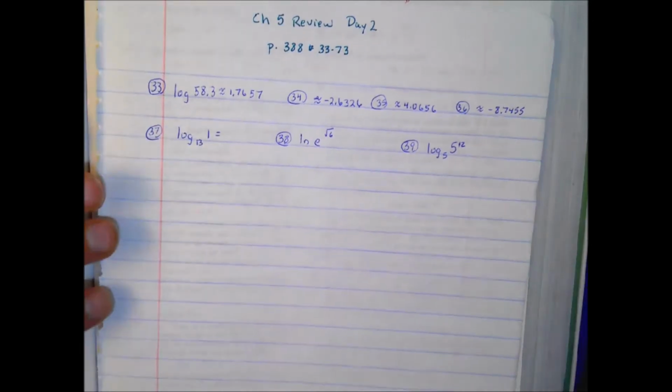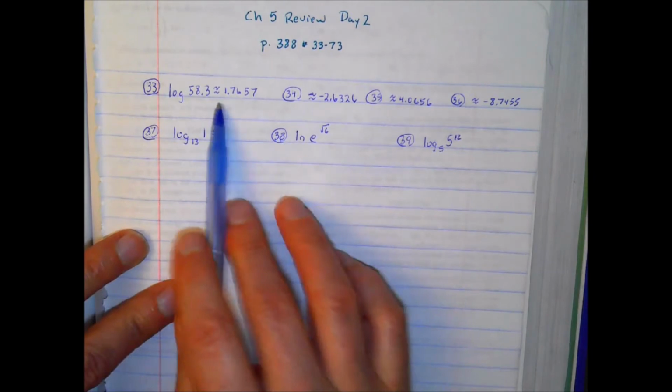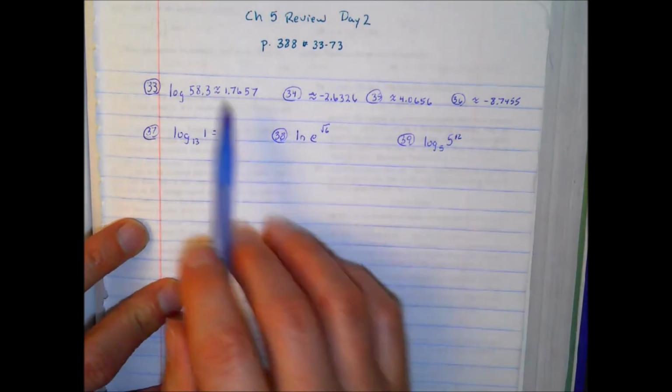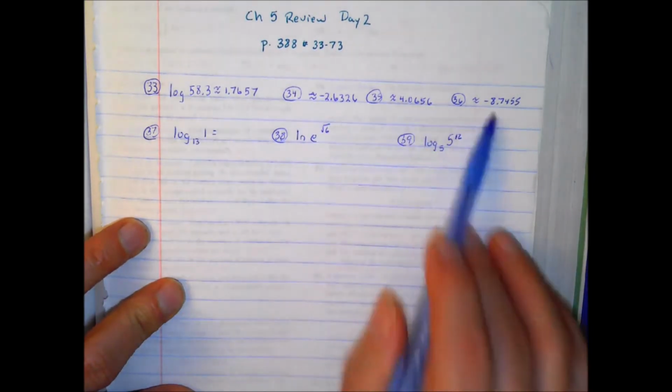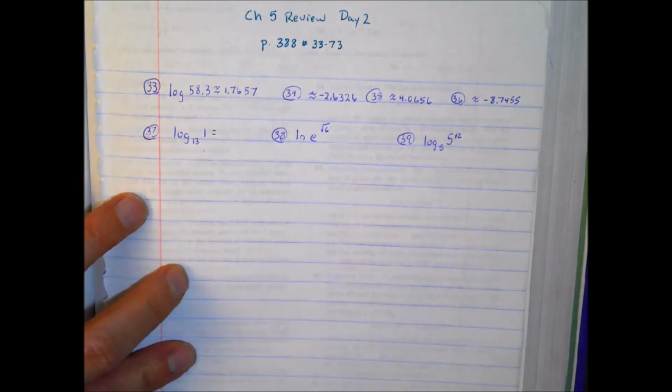This is day 2 of the review, number 33 through 73. First 4, you just put it into Desmos. Just type that in, get your answers. Okay. 37, these you can either use, the first couple here are just kind of looking at different properties where